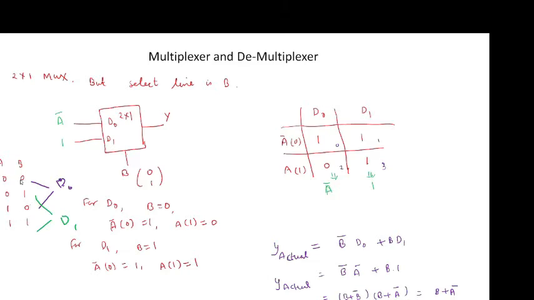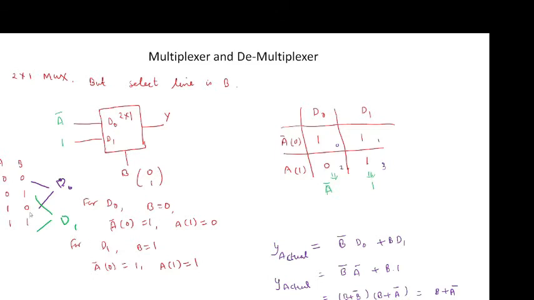For line 0, when B equal to 0, A is equal to 0, so I will write A is equal to 0, that means it is A bar and it lies on line 0, so I will write here 1 because 0 is present in the expression. So I will write here for A bar 1.